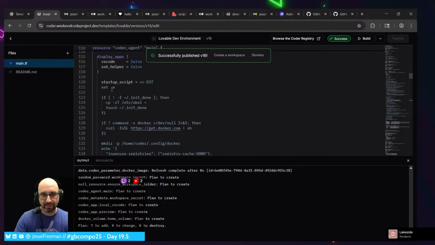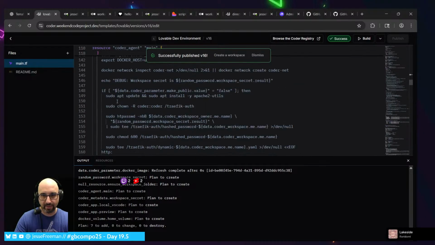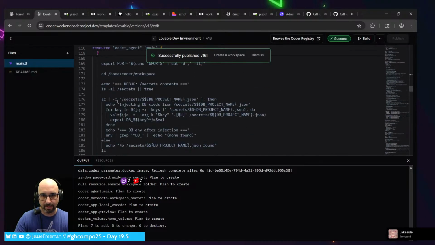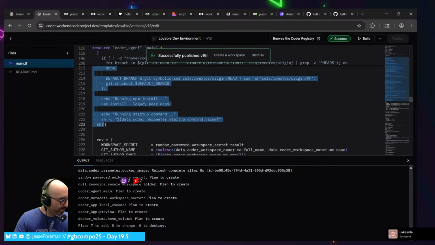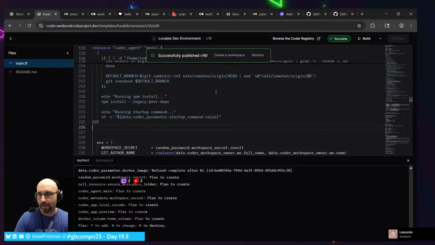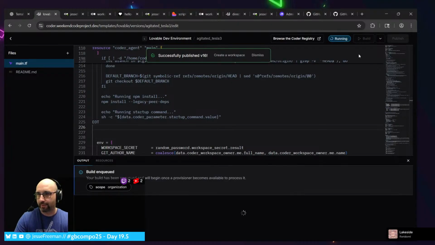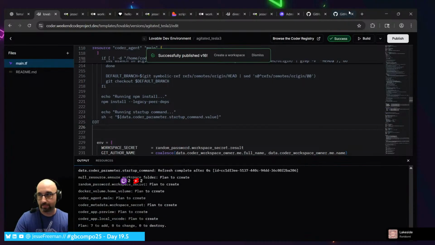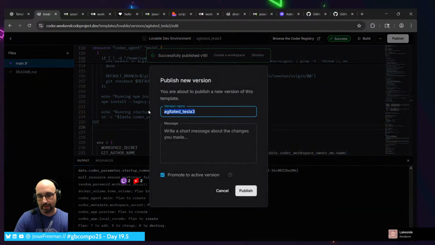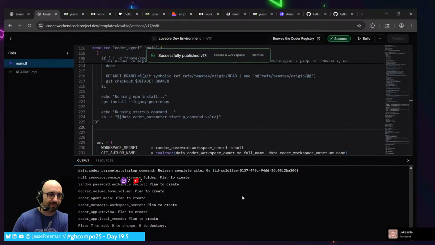Let's see. So we'll do this startup script. To this. And now let's build, and this will be V17. These numbers are like my Docker containers, like V99.